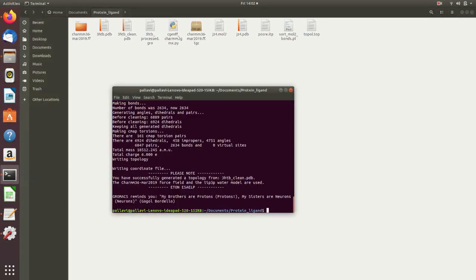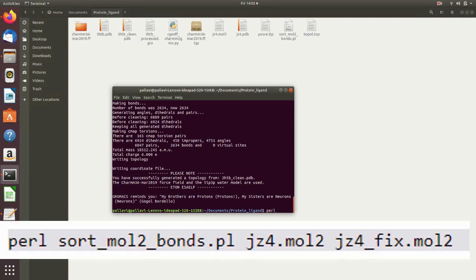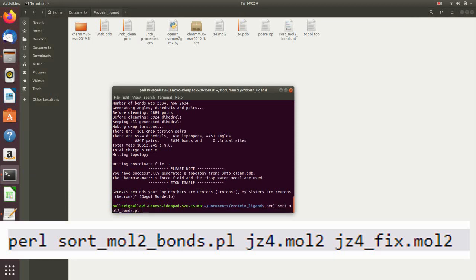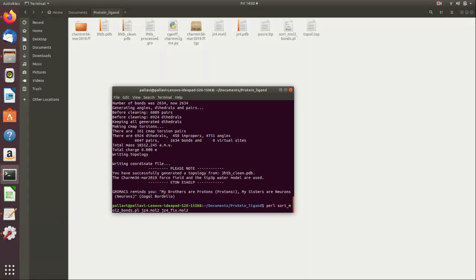Now to sort the bond order, we'll use the following command: perl sort_mol2_bonds.pl and the given script, jz4.mol2, and the output file is jz4_fix.mol2.